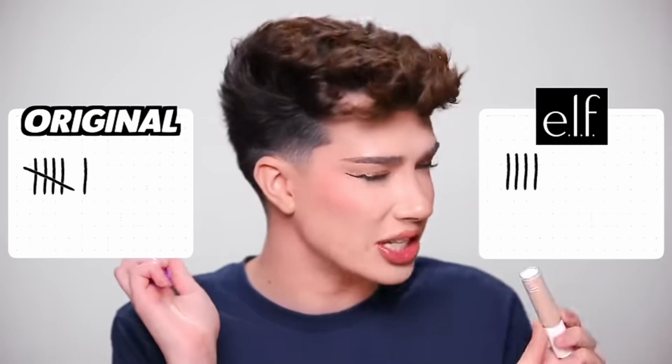The e.l.f. I've had to powder multiple times throughout today's routine because it has started to get a little bit oily. My texture is looking not the most gorgeous. I will give credit where credit is due. The hydrating camo concealer is way better than the old version. Way better. This looks very beautiful on the skin, but in comparison to the two of them, my Shape Tape does look better. It's much smoother and is not creasing as much. The setting